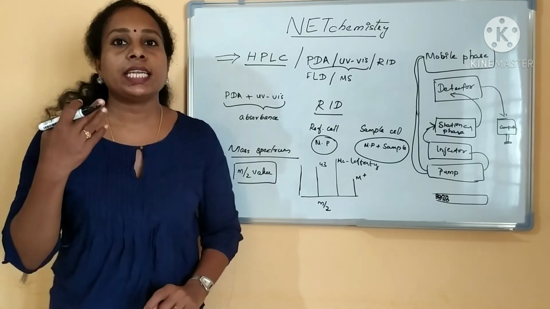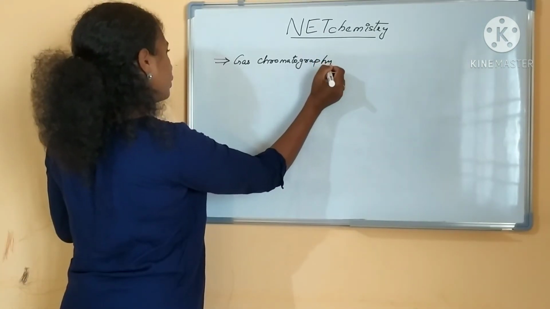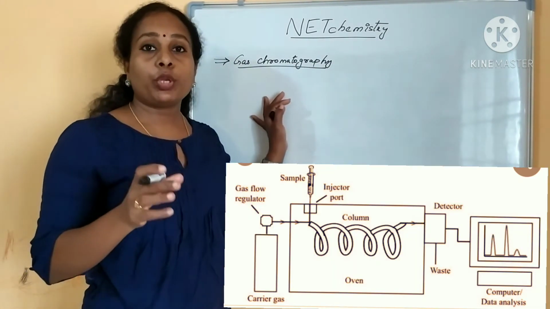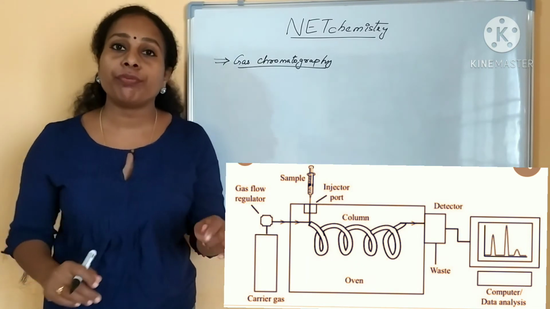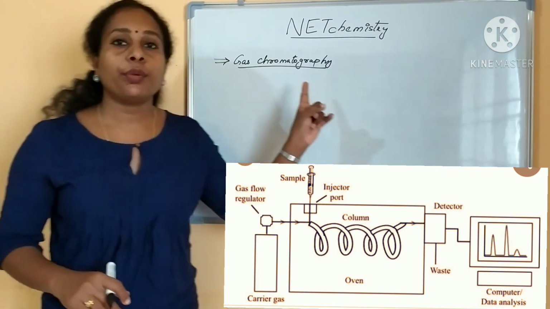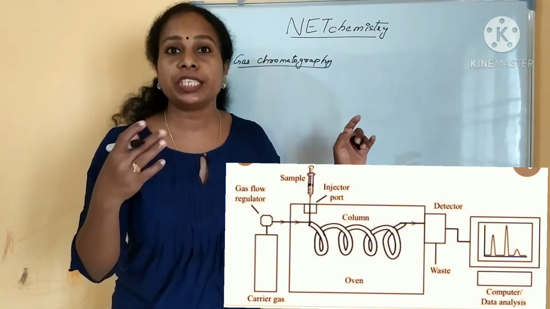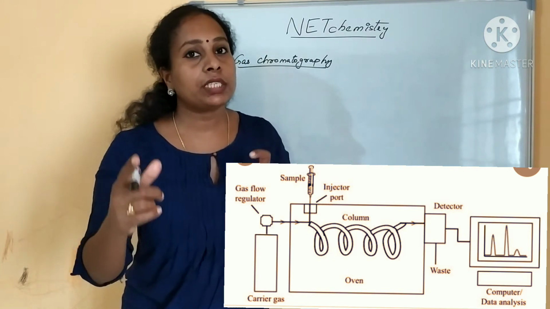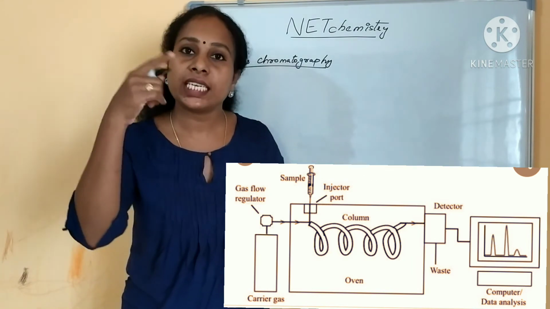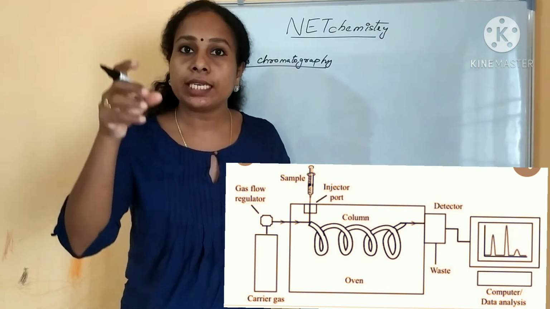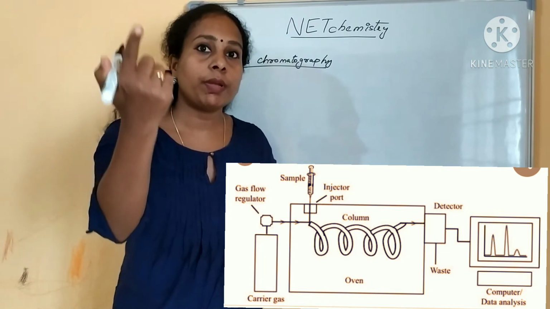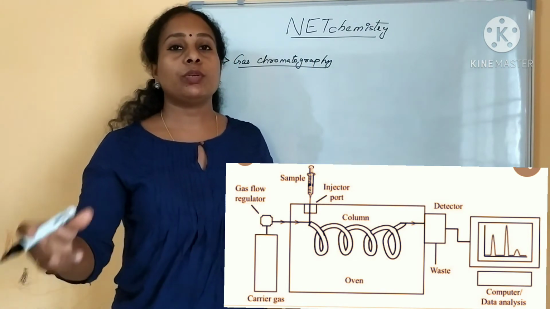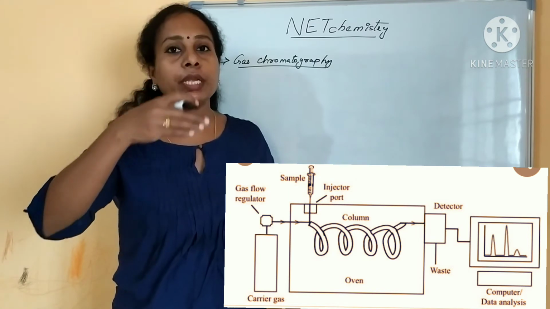Now we will see what a gas chromatographic technique is. Gas chromatographic technique, GC. As I said, in liquid chromatography you are using a liquid mobile phase. Here you are using gas, nitrogen, helium, argon, all those gases as the mobile phase, and your stationary phase will be a packed column, the same as what you have seen before. Packing material will be inside the column. Instead of a solvent bottle, the mobile phase is attached to gas cylinders. The gas flow will be there, and that line will be connected to your column.